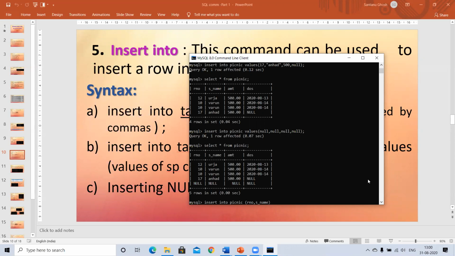But I don't want to explicitly put the nulls, NULL, two times. So I just tell it, please insert into these two columns and leave the rest. Leave the rest means it actually takes it up as blank or null values only. Not zero values, mind it. They have blank values, null values, no value. Okay, so insert into table name, in half circle brackets the selective names of columns, then the values for these selective columns which I have mentioned. So I'm saying roll number 23, comma, and let it be Sushmita.